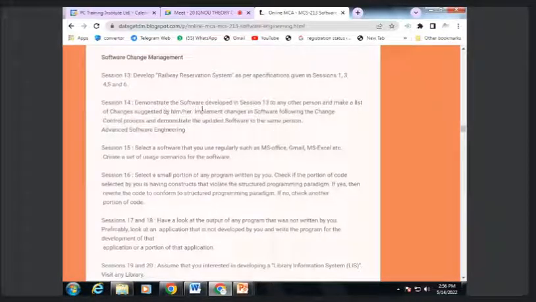Next one is to demonstrate the software developed in section 13 to any other person and make a list of the changes requested by him or her, to implement the changes in the software following the change control process. Demonstrate the updated software to the same person and system. Now, here again comes a very big challenge in front of us. You have requested some changes from me. I understood and transformed it into the coding part, and now it is reflecting to the end user or the other person. But this entire journey again requires our